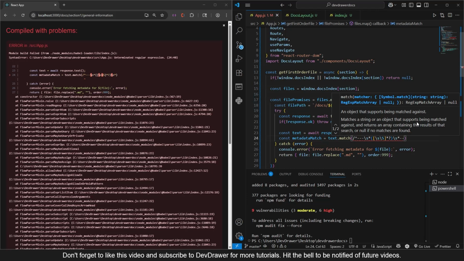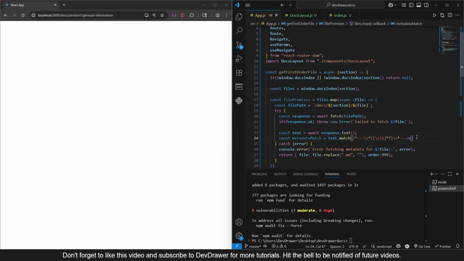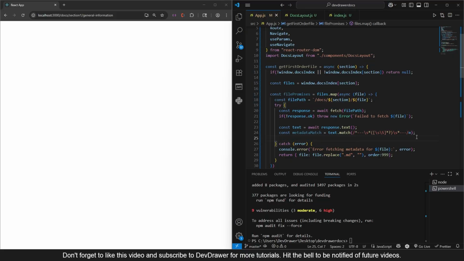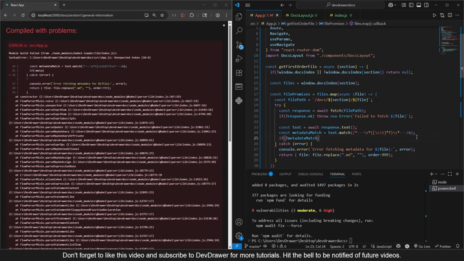And then follow it up with the dash. Okay, I think that should do it. So let's see, dash, checking for the letters in between. Yeah, okay. So now we have our metadata match. So if it matches, or if it doesn't match, so if it doesn't match, we want to return